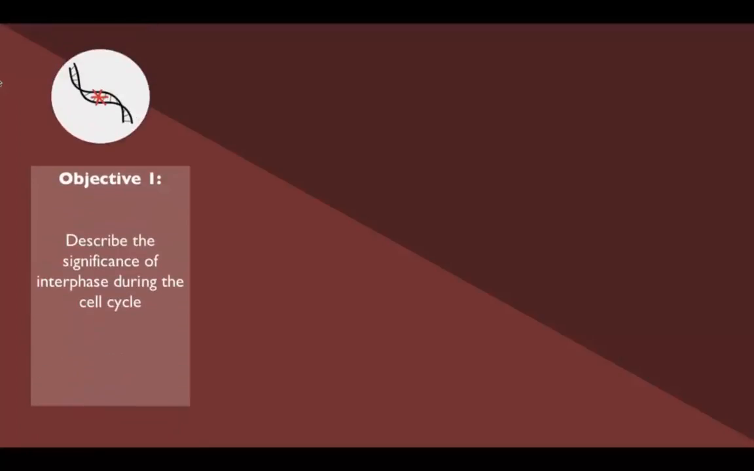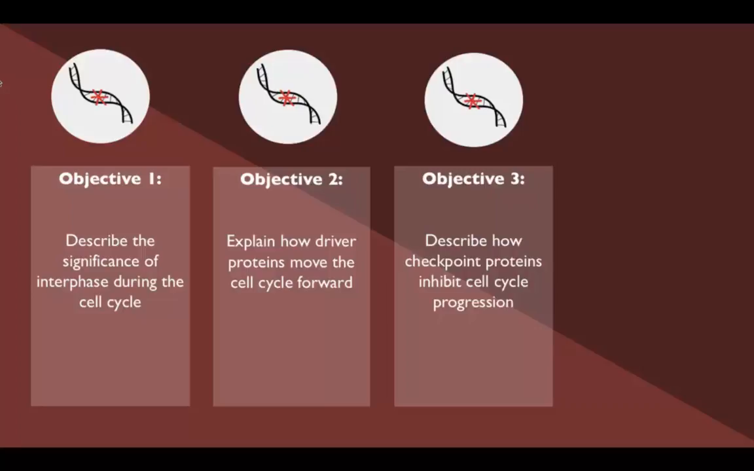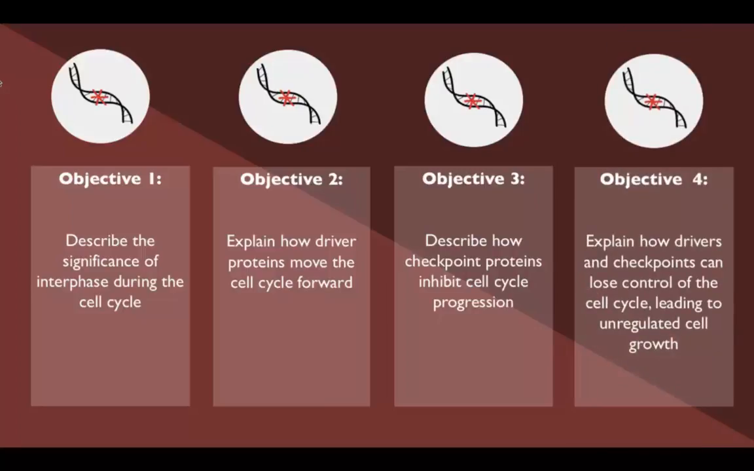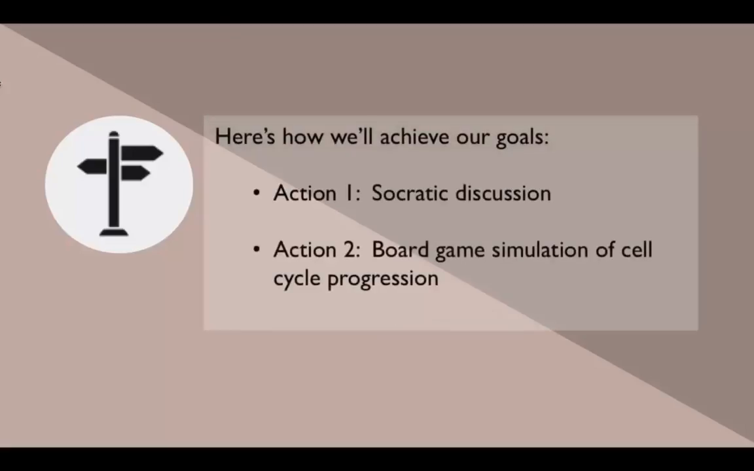At the end of the lesson, the students should be able to describe the significance of interphase during the cell cycle, explain how driver proteins move the cell cycle forward, describe how checkpoint proteins inhibit cell cycle progression, and explain how drivers and checkpoints can lose control of the cell cycle, leading to unregulated cell growth. We will achieve these goals through a Socratic discussion and by engaging in a board game simulation of cell cycle